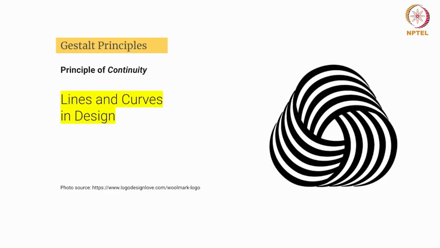So under logo design, how lines and curves can also play an important role, right? So this is the logo of Woolmark, right? Which also shows that it's 100% wool. So this logo, I am pretty sure most of you have seen it when you are wearing any kind of woolen material, right? If it's 100% wool, this logo will pop up on your clothes or apparel. So the Woolmark logo was designed by Italian graphic artist